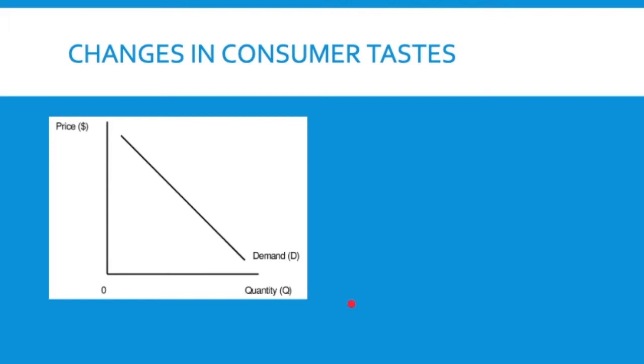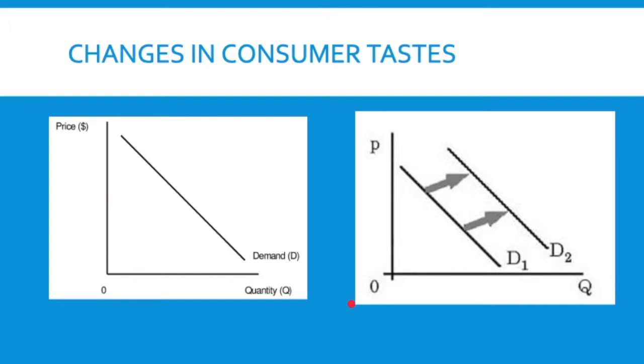Changing consumer taste can also cause a change in demand, another shifter that would cause the whole line to move. Changes in consumer taste could be positive news about a product. It could be a celebrity advertisement or celebrity endorsement. It could just be a regular advertisement that increases your desire to buy something or makes you think you need something you didn't want before. So at all these different prices, say you saw a good ad, like Dunkin' Donuts has Gronkowski, or at least it used to have Gronkowski as their spokesperson. If you're a Patriots fan and you like Rob Gronkowski, you might say, I'm going to buy an iced coffee from Dunkin' Donuts. So at all these different price points, people in New England, their demand for iced coffee might go up because they saw Rob Gronkowski advertising it.